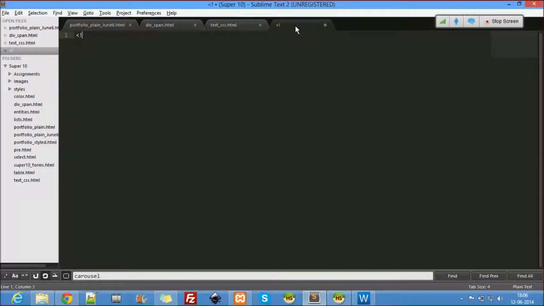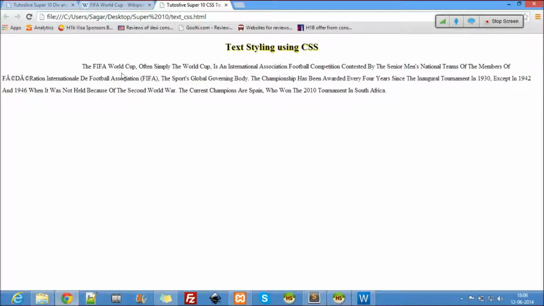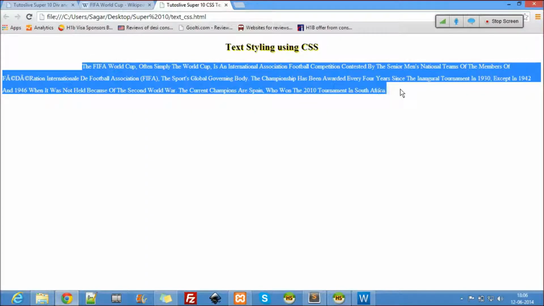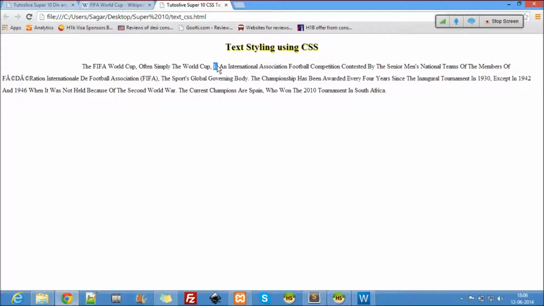So the next is our font. So how do we manipulate the font? When we talk about text and font, text is nothing but just the content of it. Font is nothing but the shape of the content. If you can see here, this is the content itself. We are not doing anything with the shape of the content. We did not change anything. All we have done is manipulating the distances, underlines and stuff. We are not manipulating the font itself. So font is something which is the script.